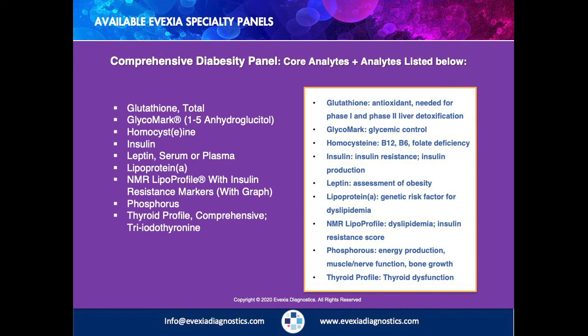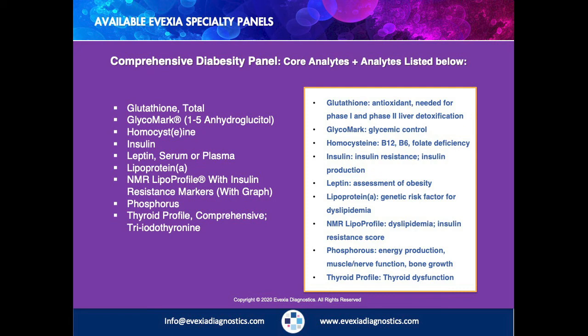The next analyte on this panel is the NMR LipoProfile, and like I said earlier, this test is FDA cleared for use in conjunction with other lipid measurements, and it includes the historical reporting of the low-density lipoprotein cholesterol as well as a low-density lipoprotein particle size and number. It has those insulin-resistant and diabetic risk markers on there and that insulin resistance score, which is extremely important to take a look at. And remember that it also contains standard lipid panel components such as total cholesterol, triglycerides,